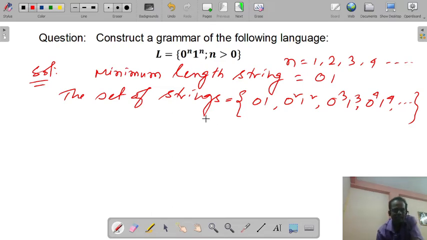As per the feature of this language, the strings are 0 to the power n and 1 to the power n, whereas n is greater than 0. So the number of 0s and number of 1s will be equal, as the powers of 0 and 1 are equal.